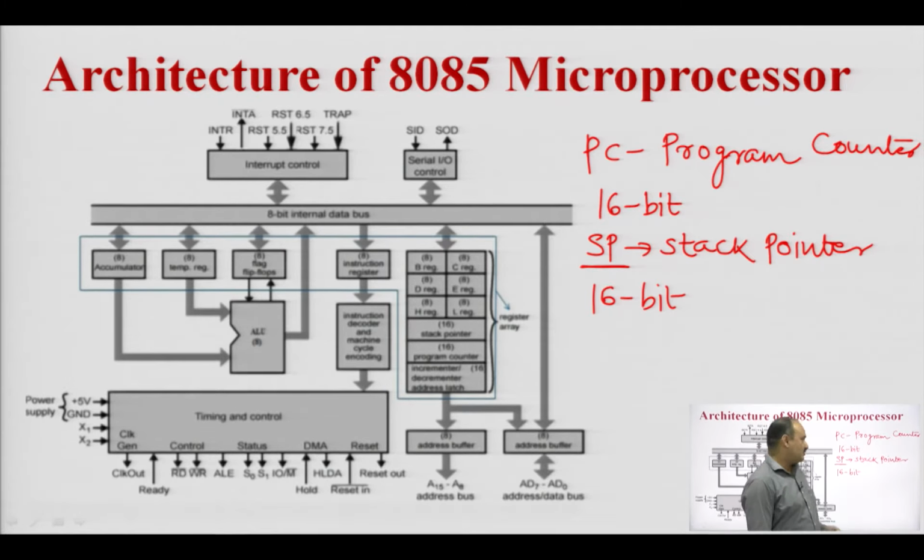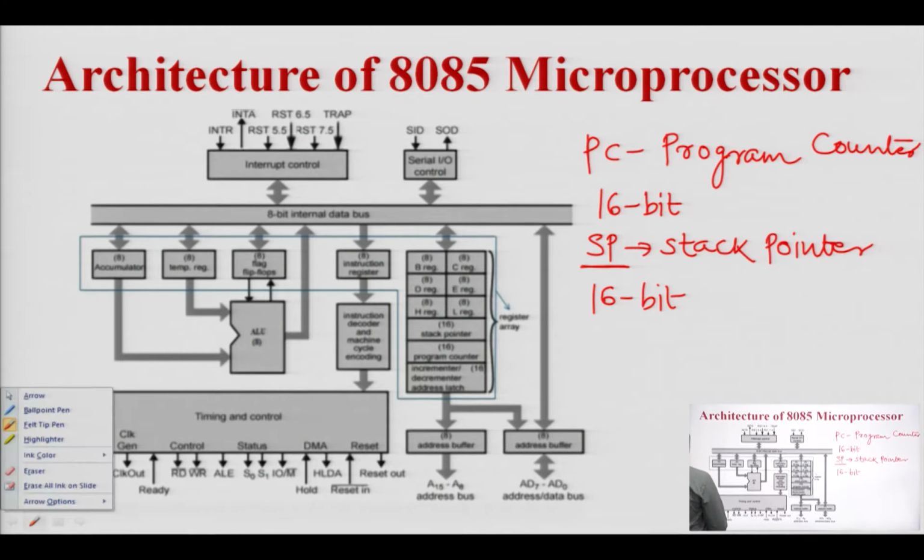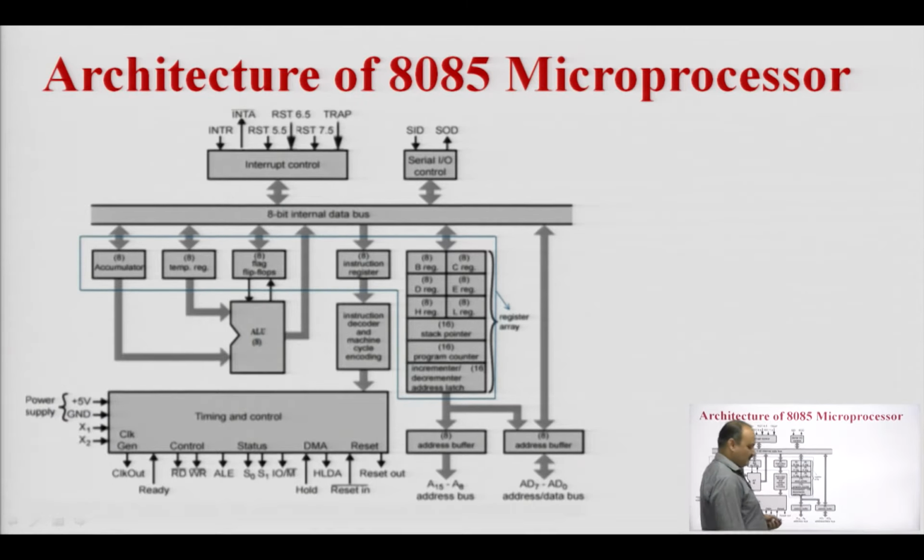These registers are used as a memory pointer. Memory pointer means to hold the 16-bit address of memory. So, how will this program counter be used during the execution of a program? Microprocessor uses this program counter to point to the memory location. The program counter will hold the 16-bit address. So, let us see how this operation is performed with the help of program counter, when the microprocessor fetches the operation code from the memory.